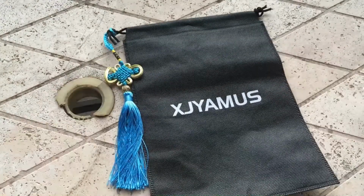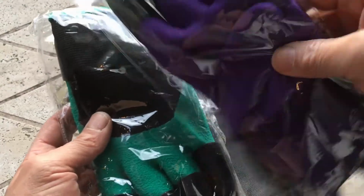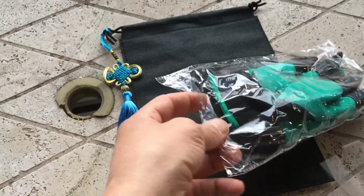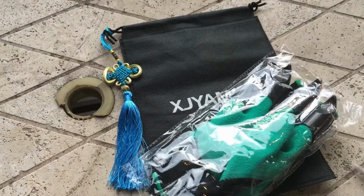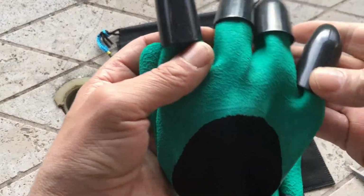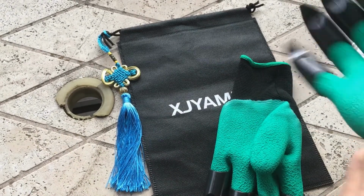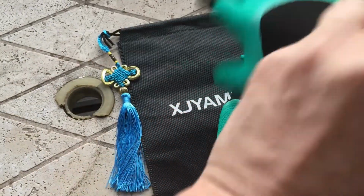Universal size fits most. High quality latex coating has good ductility, so Garden Genie gloves are universal size, suitable for women, men and even older kids. A great gardening gift. It is a great gift for a birthday, holidays, Mother's Day, Father's Day, Thanksgiving and Christmas. Garden gloves with 4 built-in durable ABS plastic claws. No need for hand tools. 2. Made of natural latex rubber coating material. It has good ductility, more sensitive. 3. Nylon knitting on the back of the hand, comfortable and breathable to keep the hands cool and dry even